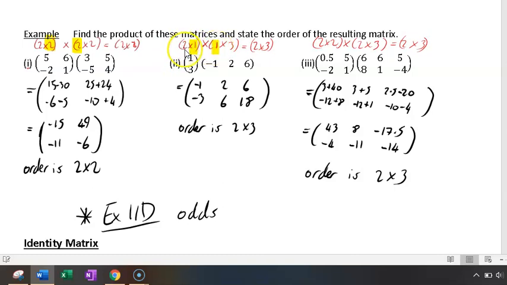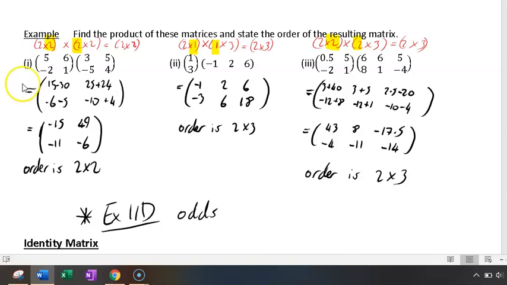And the result is a 2 by 3 matrix. Here, that's a 2 by 2 by a 2 by 3. So the result is the two outside numbers, 2 by 3. So when we go through this, how we actually do this, remember,